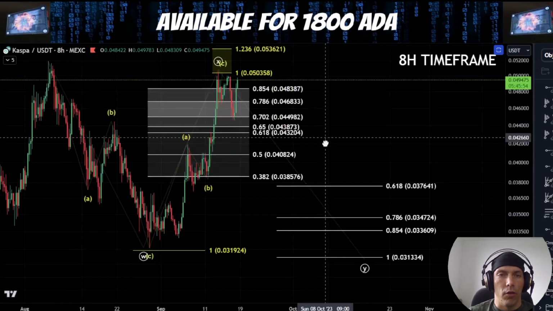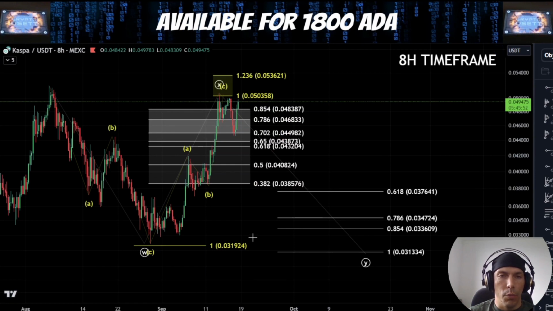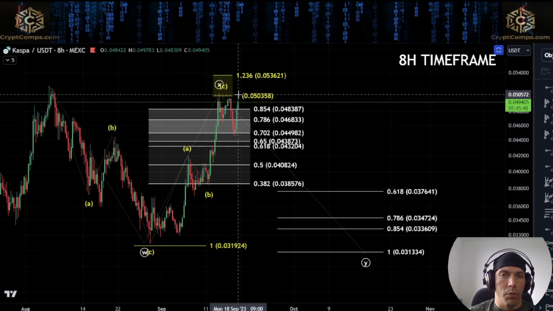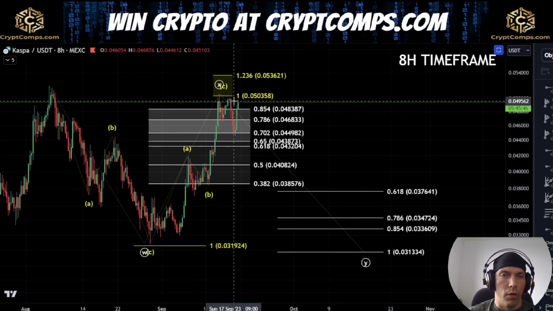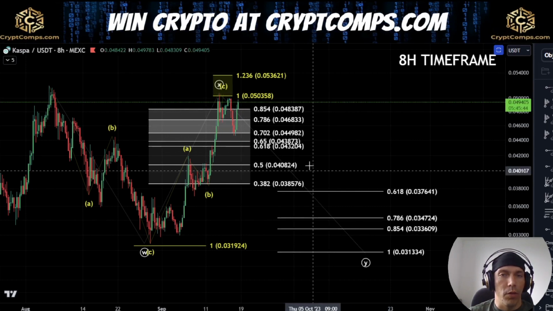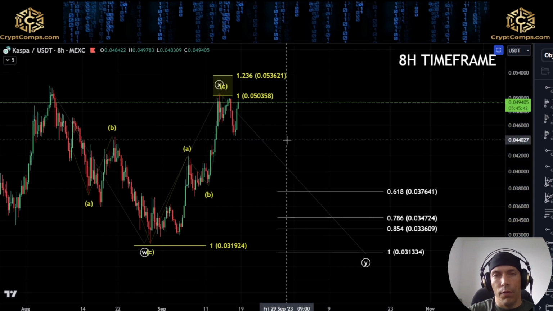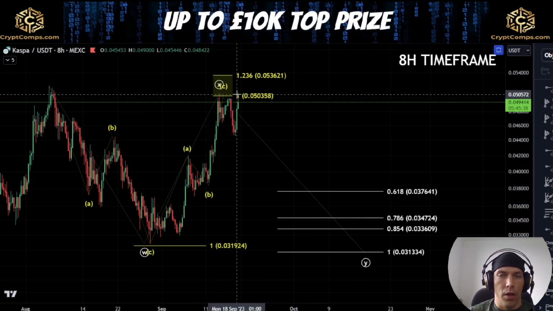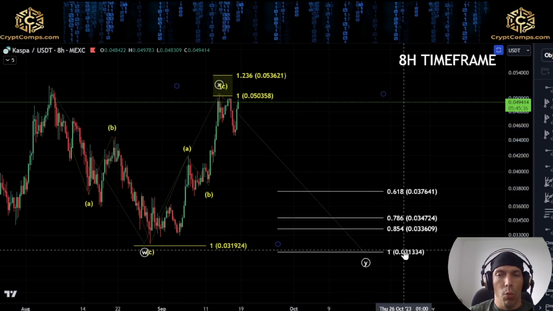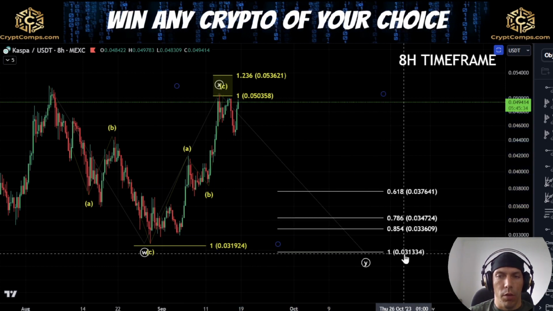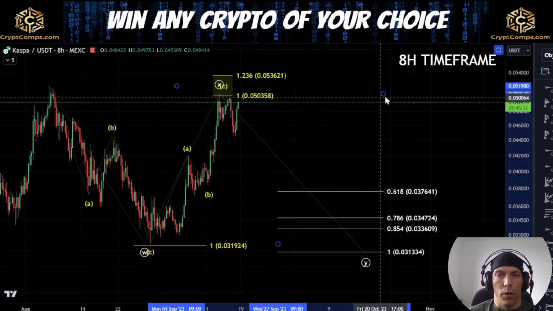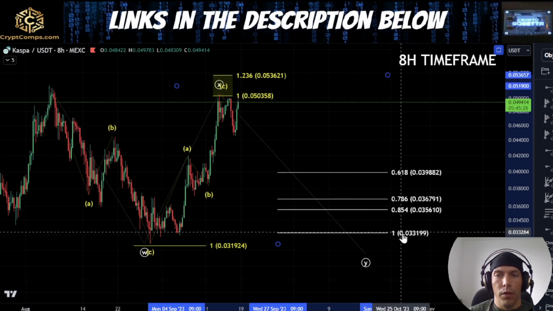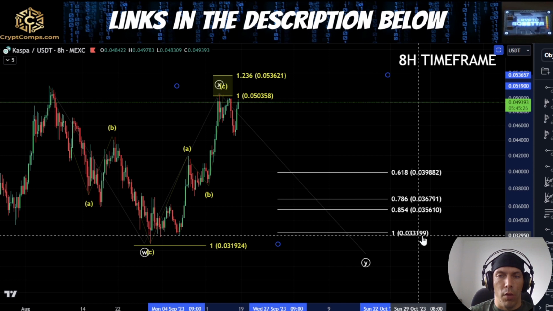So if we fail to hold the previous fourth waves here, what this would then mean is that it would start to give us confirmation of this idea of a Y wave. Within this idea, what we'd then be saying is that effectively here, this Y wave is going to play out to the downside in a bigger 3-wave pattern. 1 to 1 would actually be here at our 31334. Now this would be based off of our current high. If we did have to move up higher here, this could align then with this 33199.